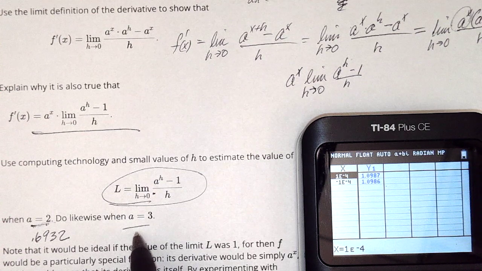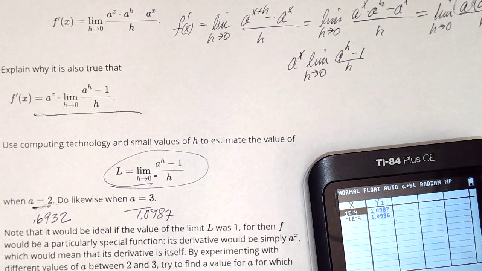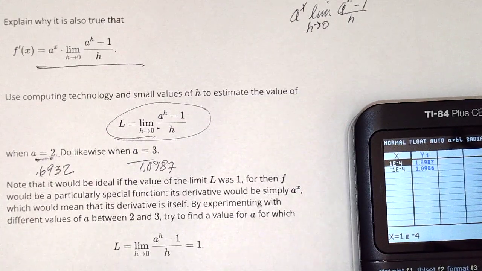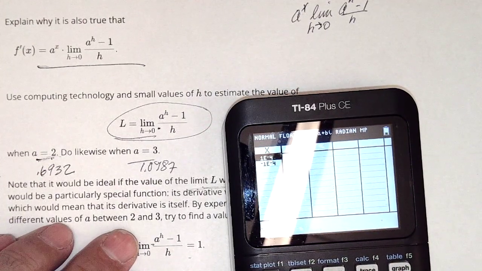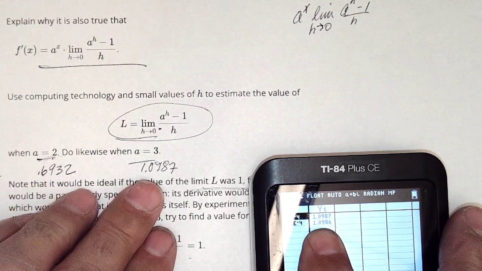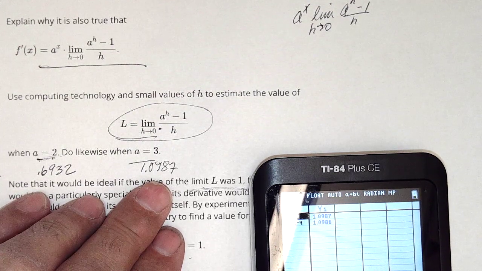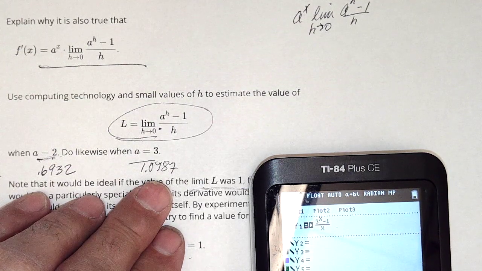And if I change it to a 3 instead of a 2 and go to the table, it's now coming out to be 1.0986 or 7. It would be nice if this limit came out to be 1. And they're supposed to look for something between 2 and 3. So 3 was more than 1, 2 was less than 1. It was closer to 1 at the 3, so I'm going to pick a number closer to 3. And since I kind of know what this is headed for, I'm going to make it